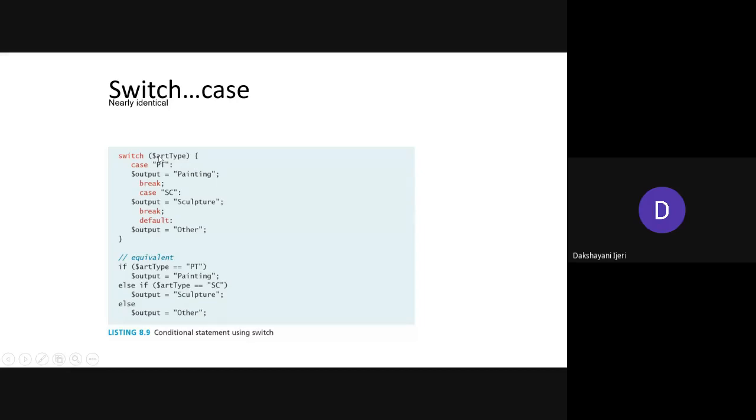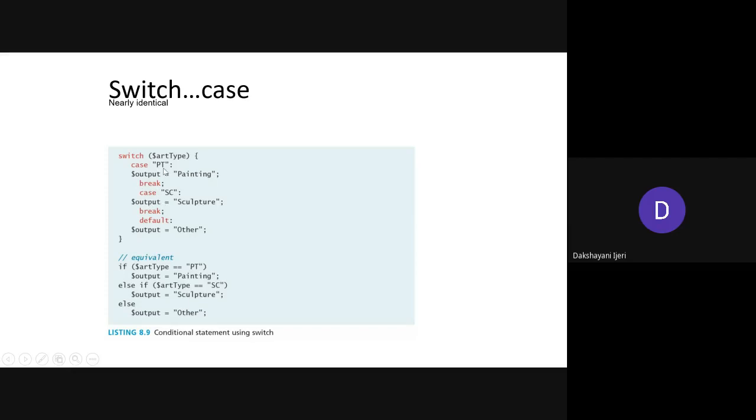Whenever you are using the switch statement, the value that is passed over here is checked against each of the cases here. It will check whether it matches with PT, or else whether it matches with SSC, I think there are only two cases over here, right? If it doesn't match any of the cases, the default statement is going to be executed here. Okay, so every case needs to be ended with the break statement.